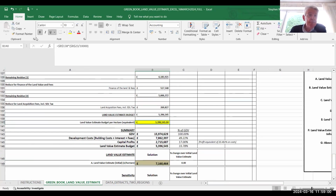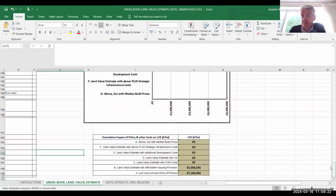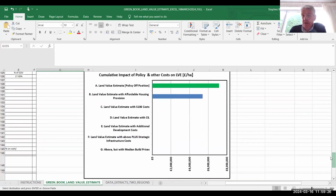So we copy and we paste it there. Again, paste value. And the consequence is that if we deliver affordable homes in this market, we know that the land value has gone down by a quarter. And if we look, it shows that, in fact, yes, the land value with affordable homes is now lower than an all market scheme,